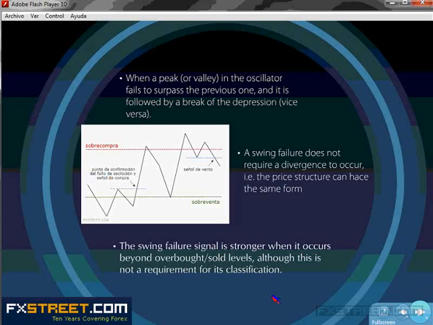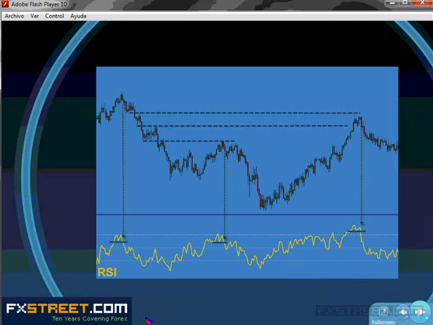The swing failure signal is obviously stronger when it occurs beyond the overbought and oversold levels, although this is not a requirement for its classification. You can also have a swing failure short above and below the median line, the zero line, and it's equally valid. Okay, here we see an example, just to finish, with several swing failures detected using the RSI,